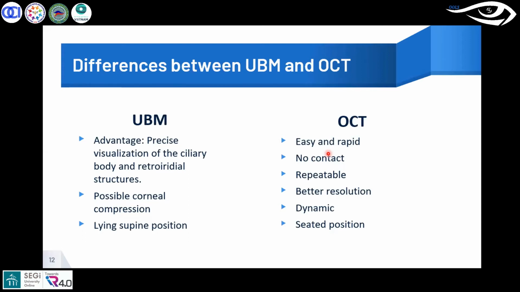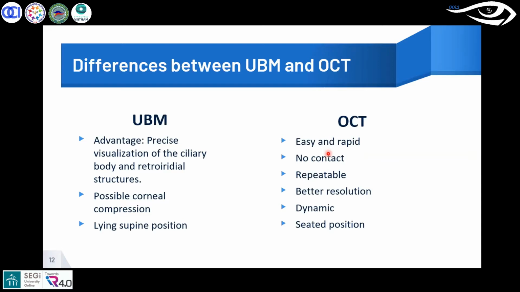structures very clearly. And apart from that, it is the gold standard technique for making a diagnosis of plateau iris configuration, and also for looking at the various retroiridal processes which are present there. So this is one advantage which is present in UBM. But if you look at OCT, it is very easy and rapid. There is no contact. It is very repeatable, and a high resolution can be obtained, and it